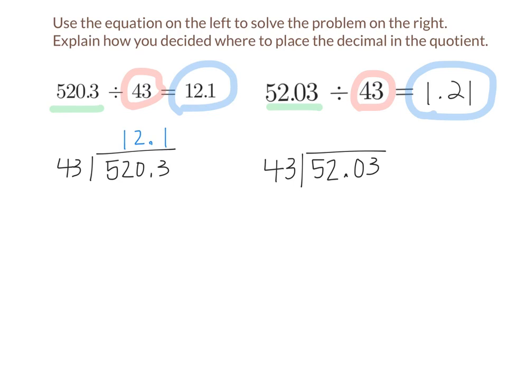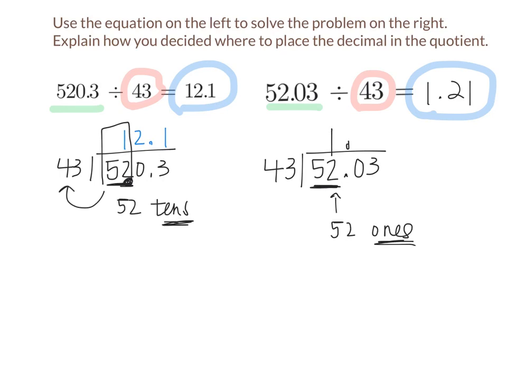And I want to prove it to you, okay? So let's take a look. The reason why I wrote the standard algorithm is because I want to show you this. Look, in our original problem on the left, 52 tens can go into 43 one time, right? In this case, the 52 is tens, yes? Because it's in the tens column. Now, what about over here? 52, is it 52 tens? No. Now it's 52 whats? Ones. So that's why now the 1 is in the ones place. Do you see why place value is so important? Yeah. Okay, it shifts